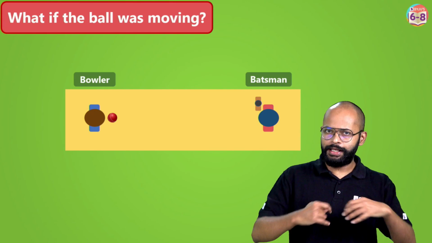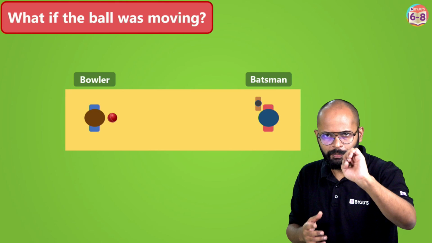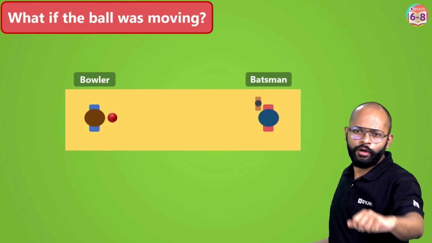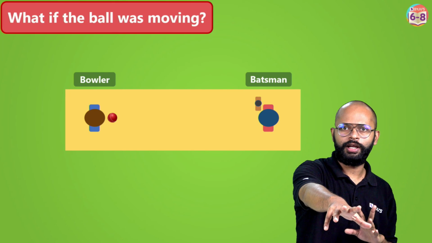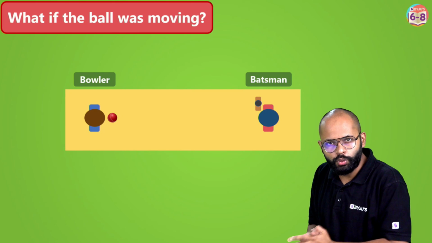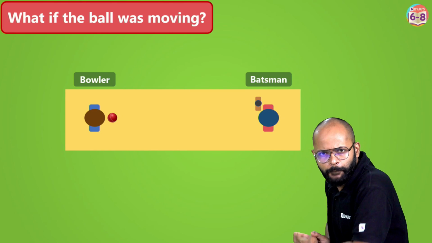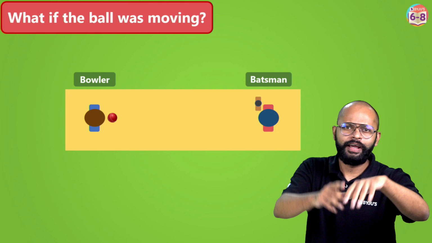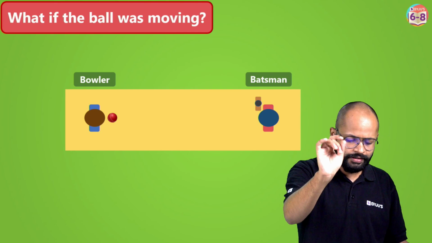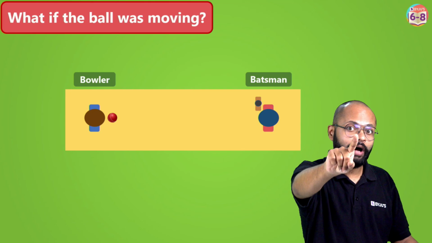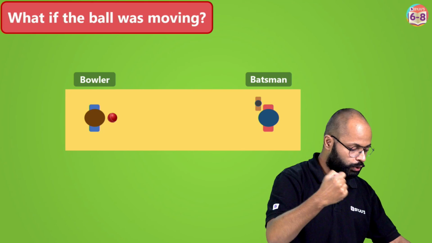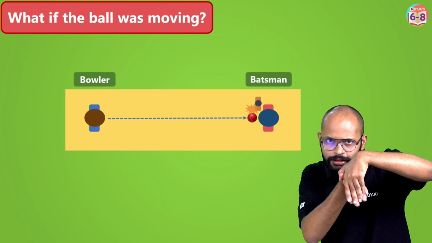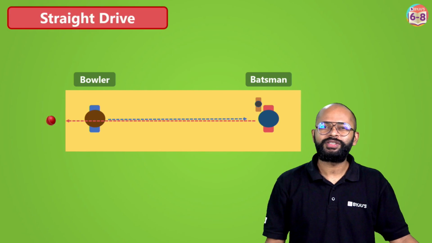The baller takes a nice run up. It's okay, we are talking about a pacer right now. So he takes a nice run up and then he comes towards the pitch and whoa, he throws a ball. And what happens? The batsman is just waiting and he plays a tuck or cover drive or straight drive. He does all these things. Now he is applying a force on a moving ball, a ball which was coming towards him. So let's say the ball was coming towards him and the batsman did a tuck. What happened? It was a straight drive.